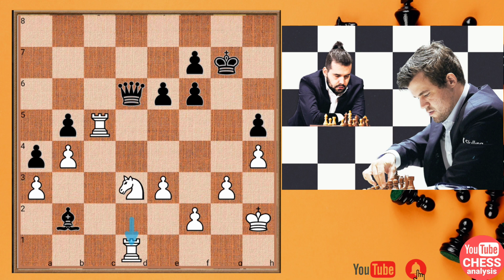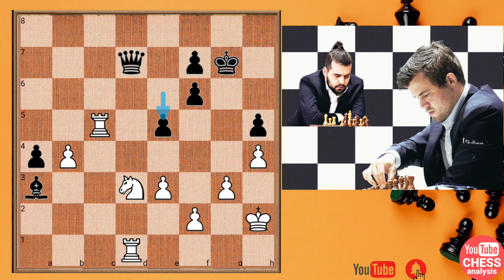So we have rook d1, but this is obviously not the good move. You should have just captured this bishop and not allowed this pawn to be captured by this bishop. But after this, some of the pawns are falling, and now you would see there is a serious threat of playing this pawn push. So the only move that saves the game for white is to push this e4,